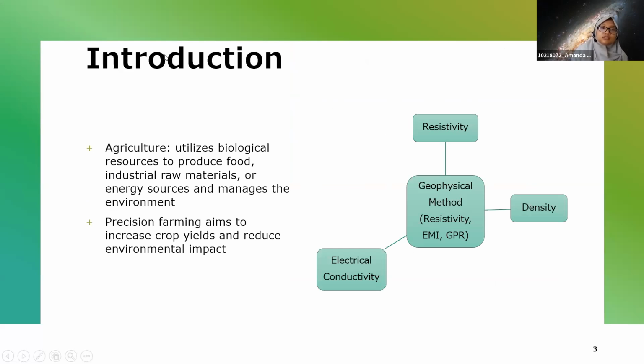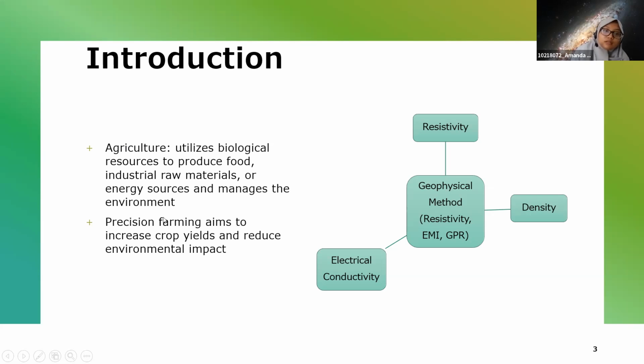The first is the introduction. Agriculture is an activity that utilizes biological resources to produce food, industrial raw materials, or energy sources and manage the environment. Some technology can be applied to the agriculture process, so the process will be more effective and efficient. For example, by implementing precision farming, because precision farming can help increase crop yields and reduce the environmental